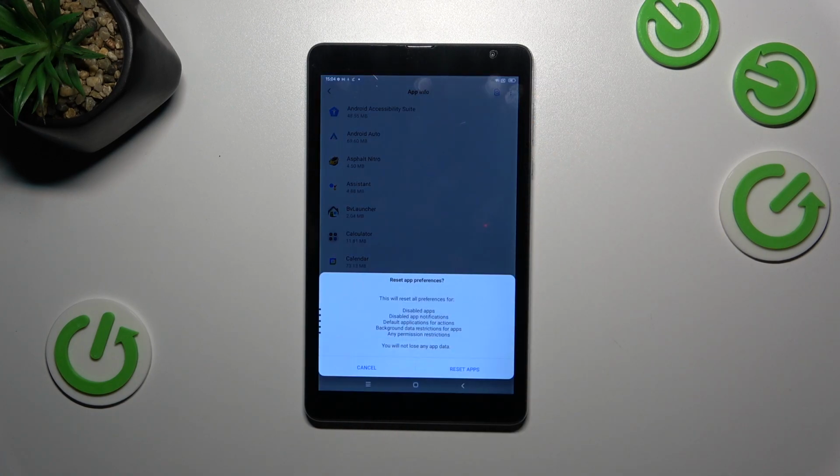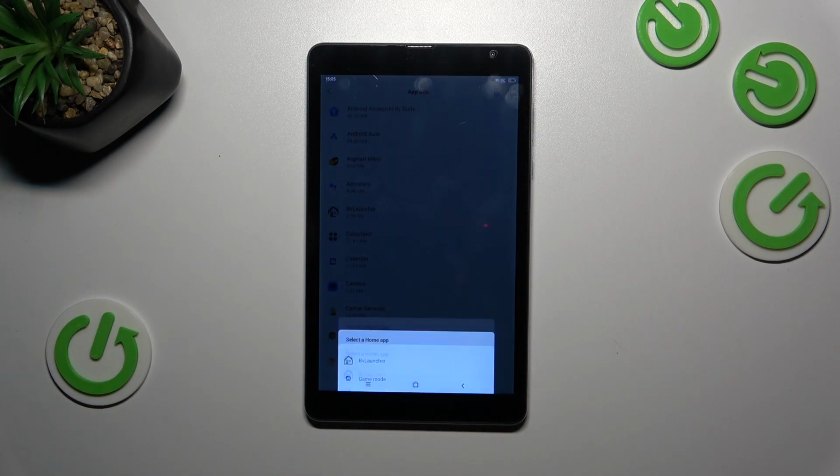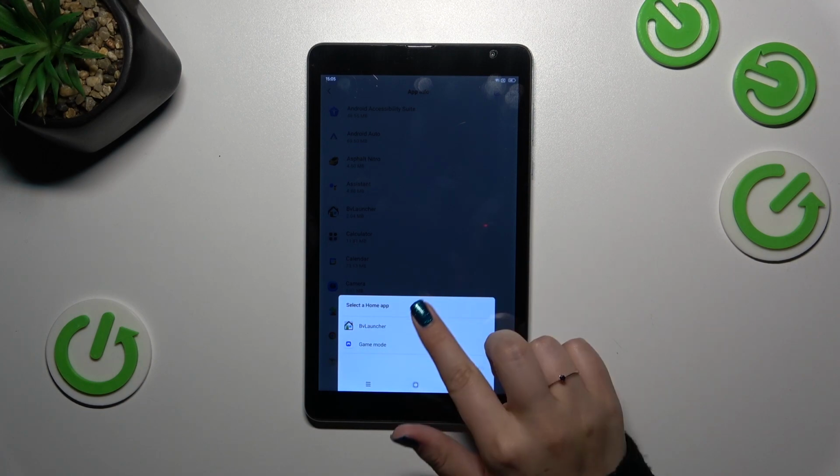Let's tap on reset app preferences, and here your device is informing you what it will actually reset. So among others, disabled apps and background data restrictions for apps. What's more, no worries, you won't lose any app data, so simply tap on reset apps, and basically this is it. This is how to reset app preferences in your